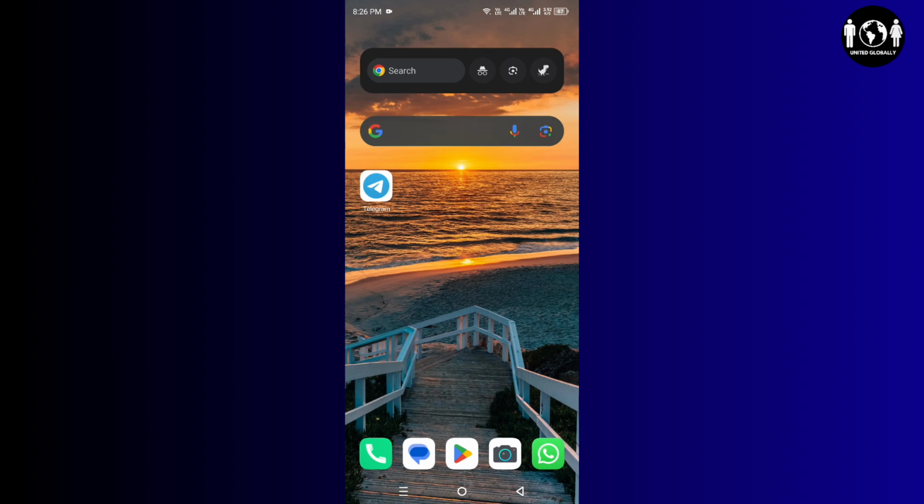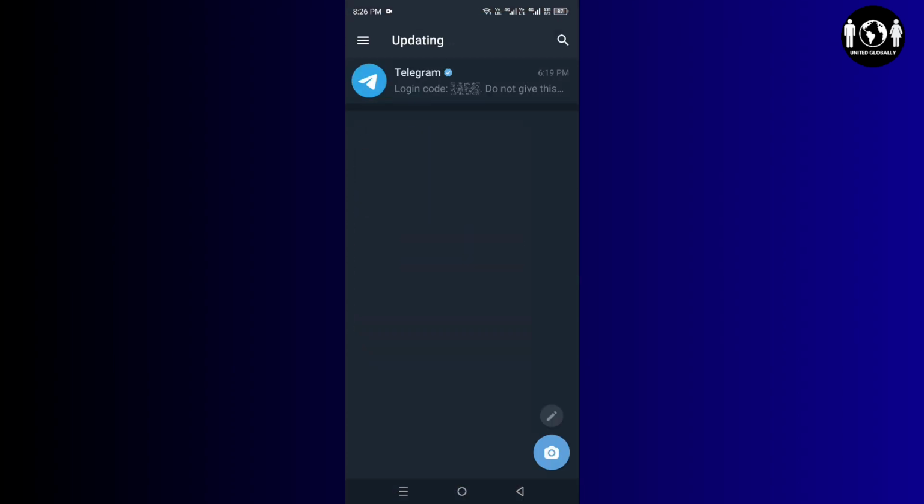So at first, you just have to simply open the Telegram app, and once the app opens, you will be on its home page. Now on your left, you can see we have three lines on the top corner. You have to simply click on it, and after that go to Contacts, and there you will see all of your contacts, but you would not see any option where you can find your nearby